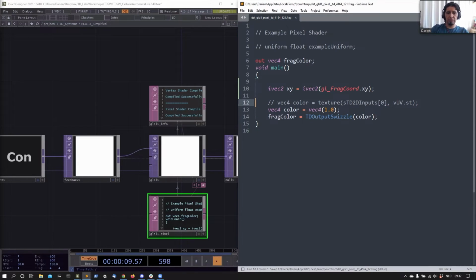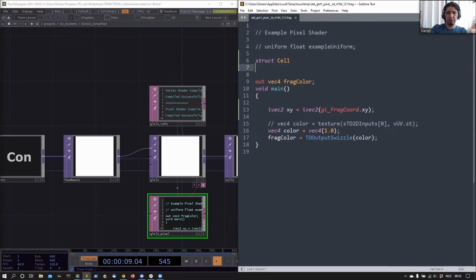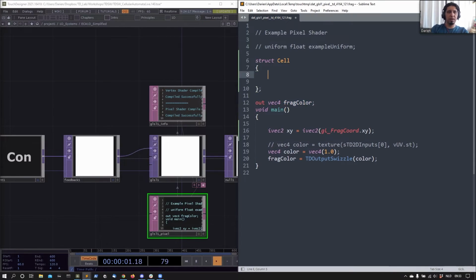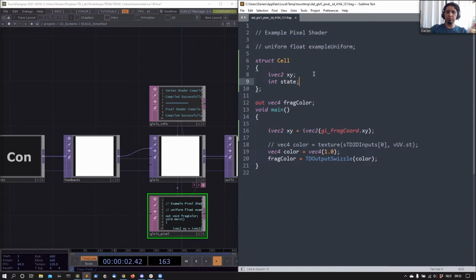Okay, so we have a pixel. Then we're gonna define our structure, which is a cell. So we're gonna use that struct idea of a cell, just like I explained. And we're gonna define here the XY and the state of that cell. So this is gonna give us the position, and of course, if it's alive or dead, we're gonna store it in the cell. So then we're gonna create here a cell, of course,